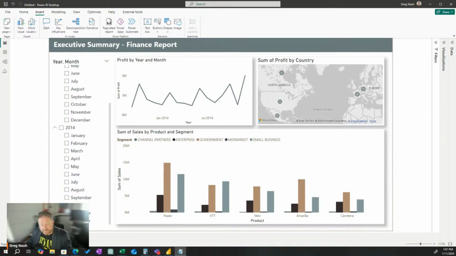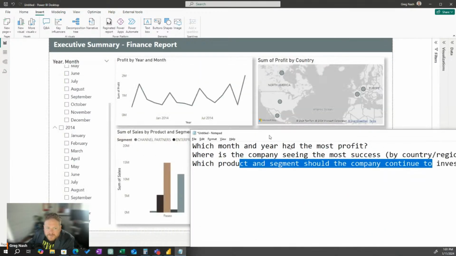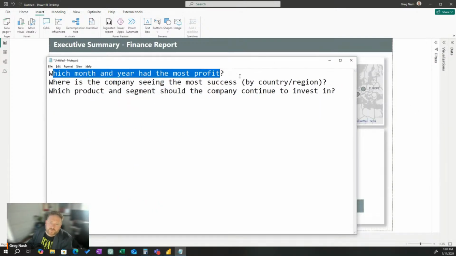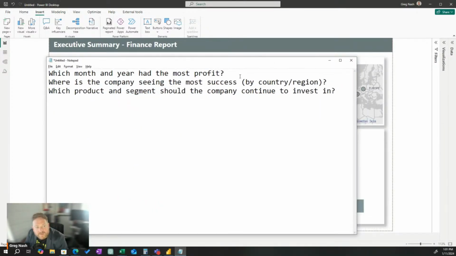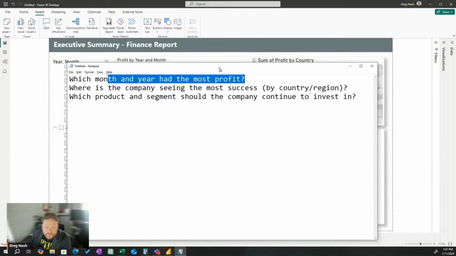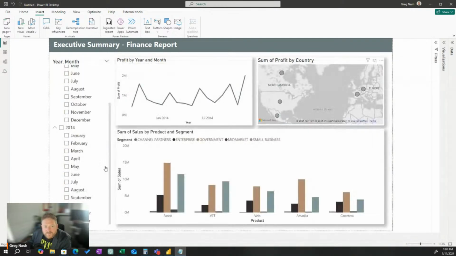And I said we were going to build awesome reports for this streaming series, and that is not an awesome report. So the reason why it sucks is because this is what you give it to the executive. This is what they're thinking, or whoever. It doesn't matter. It doesn't have to be an executive. If someone asks you to build a report and they say which month and year had the most profit is one of their key questions, then this just meets the brief. This just meets the brief.